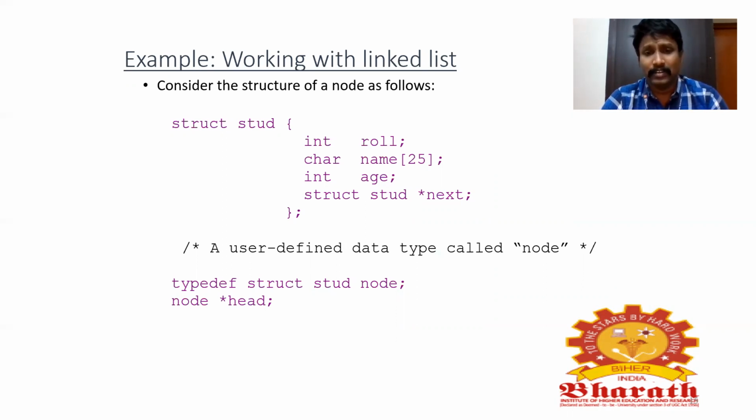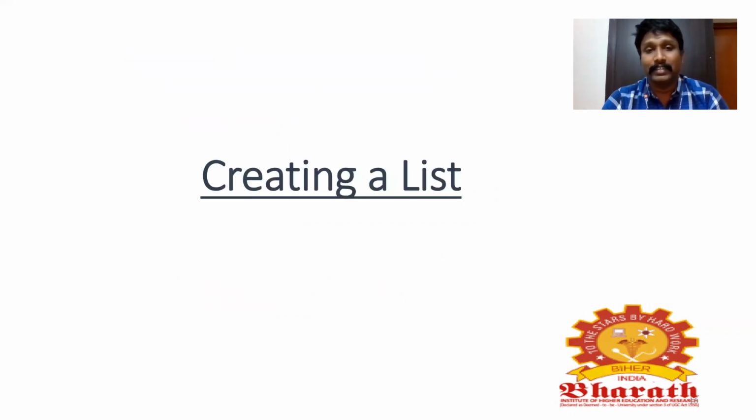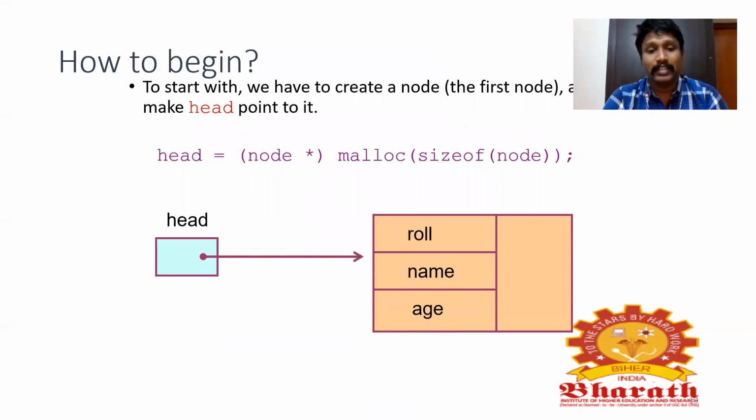These things will be combined in a node, and will have a pointer like next. That's what is shown here. A user defined data type called node, of type struct node, is given as student node. Then the node which is the head. As you can see here, head is the starting part, and here are the roll number, name, and age of the student. For this, memory allocation is done using the size of node. So here next will be coming, as well as the pointer. See, this is the pointer.